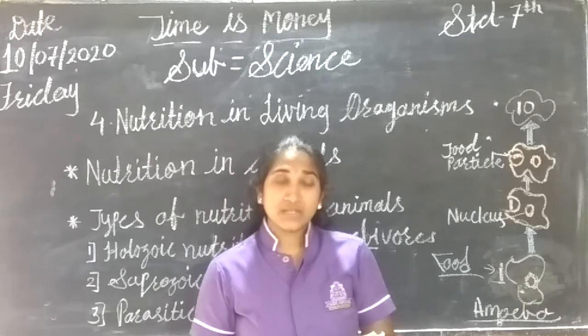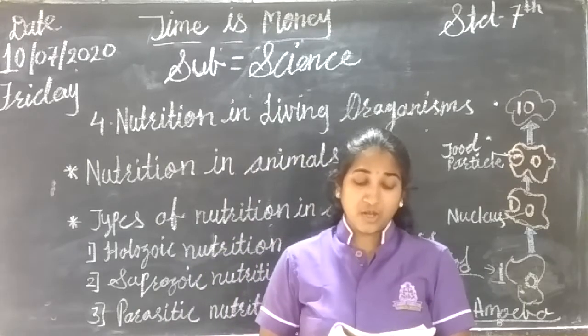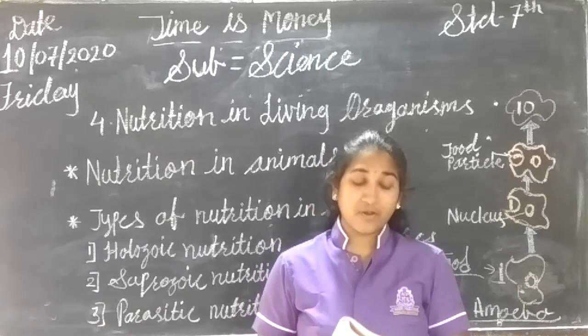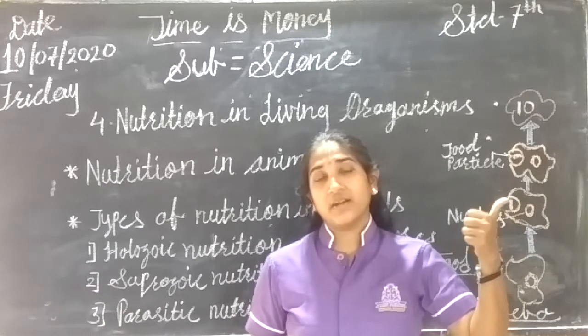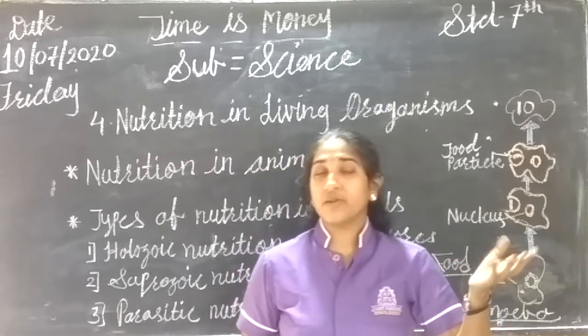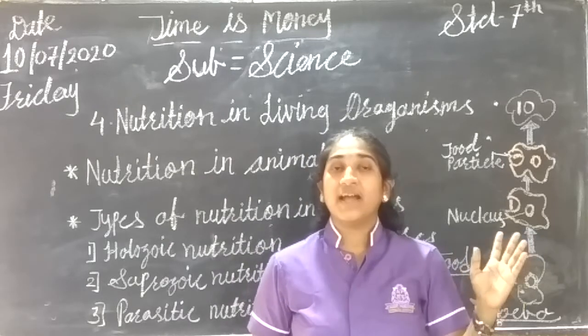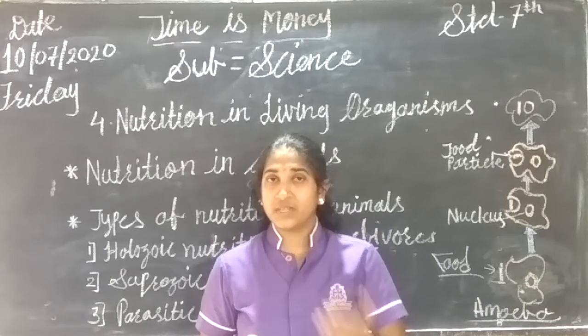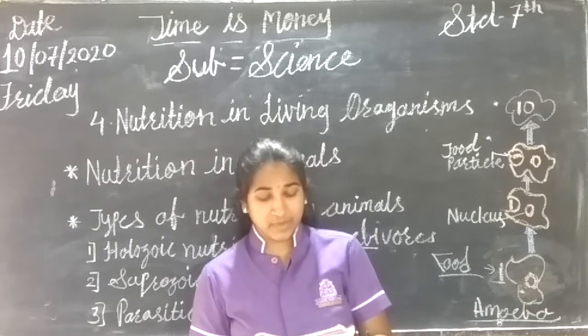Okay, these animals are eaten by the carnivorous. The omnivorous, the third part, is the omnivorous. Animals that obtain their food from both plants and animals are called omnivorous. Those that depend only on plants are herbivorous. Those that depend on other animals are carnivorous. And those animals that depend on plants and animals for their food are called omnivorous.